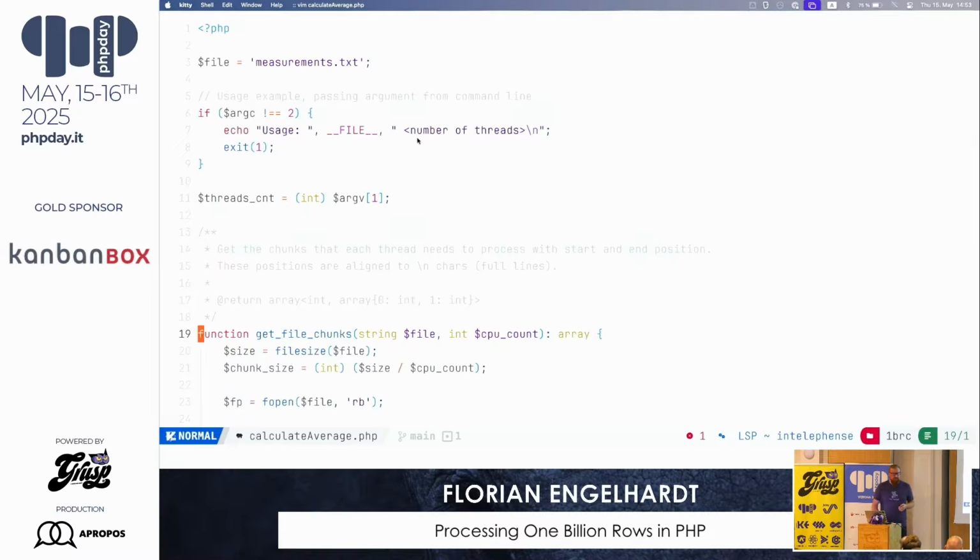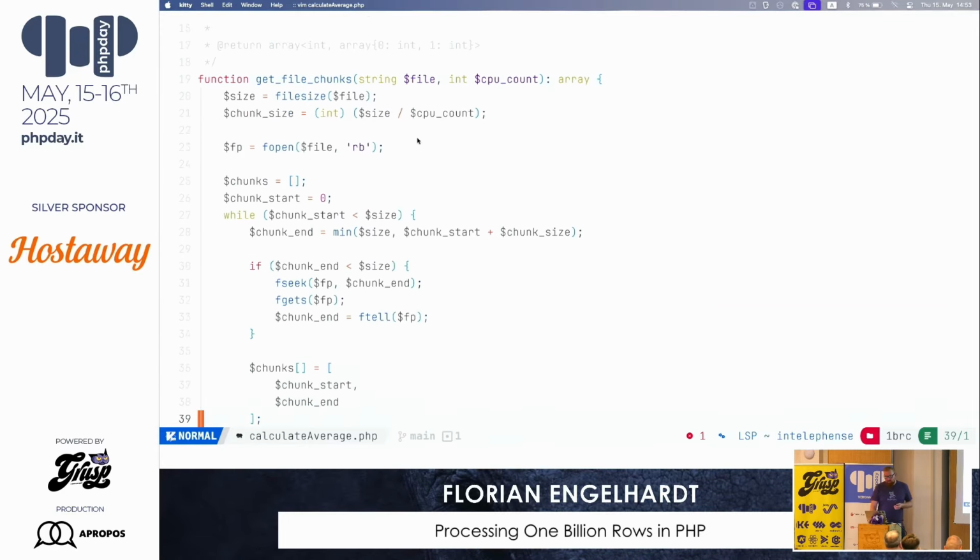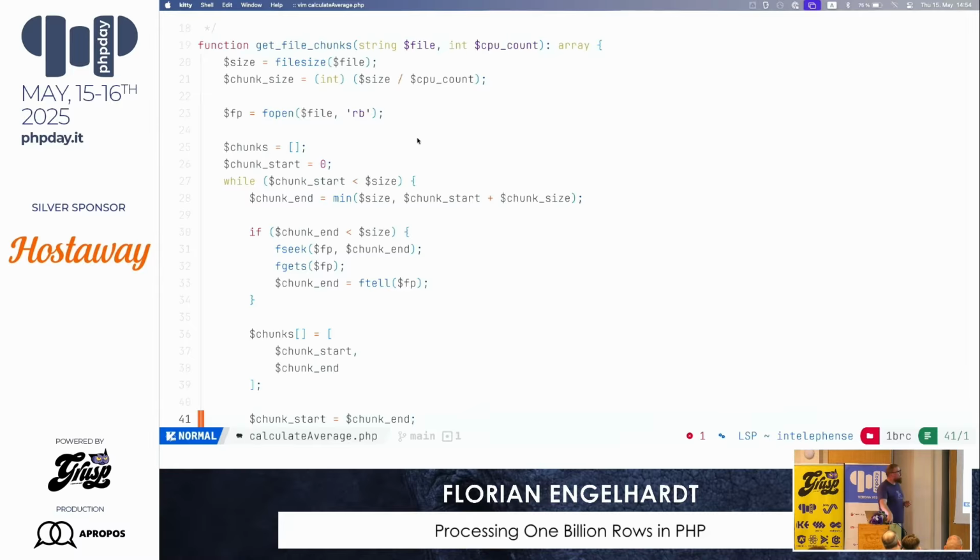Then I wrote this function to get the file chunks. What get file chunks basically does is you give it the file name of the measurements text, and you give it the number of CPUs, so the number of parallel threads that you want to have. Because this is CPU bound, we should not allocate more threads than we have physical CPUs, because otherwise the operating system would just switch between threads all the time. So this get file chunks function